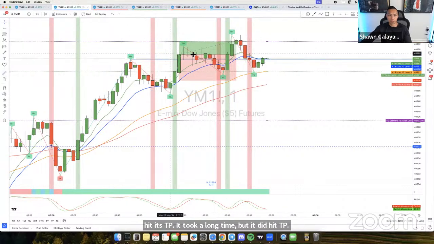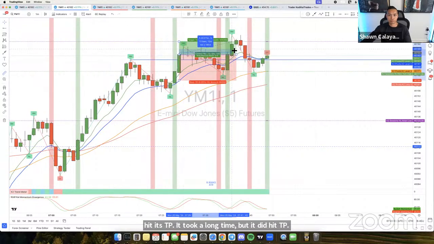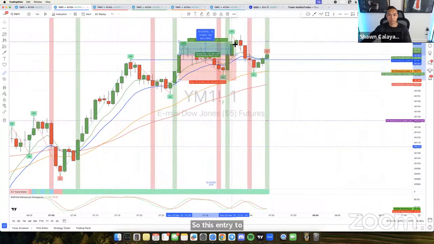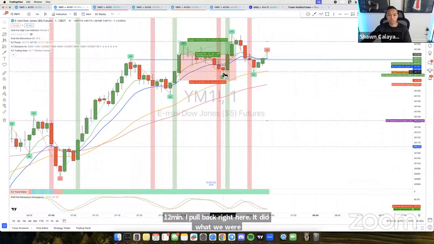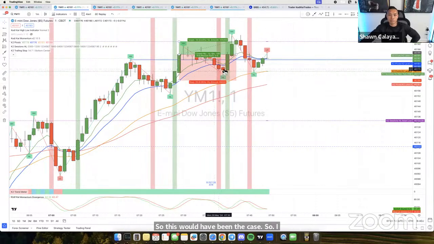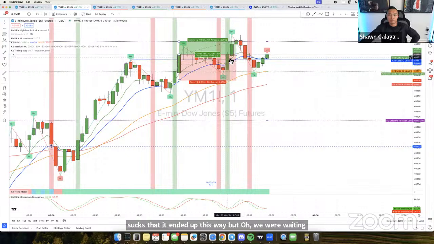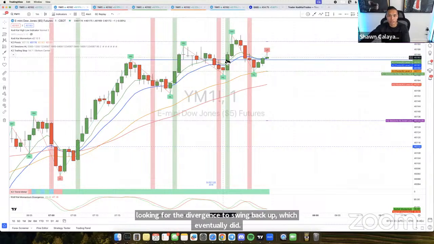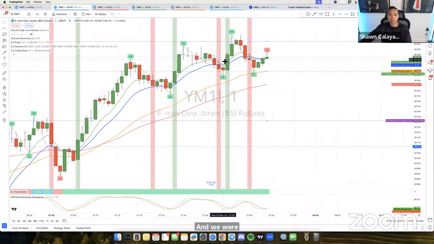So this entry took 12 minutes. It pulled back right here. It did what we were looking for. We were looking for that rejection. I mean, it kind of sucks that it ended up this way, but we were waiting for it to retrace down to the New York high, and we were looking for the divergence to swing back up, which eventually it did. And we were going to enter that late, but it didn't happen the way we wanted to because